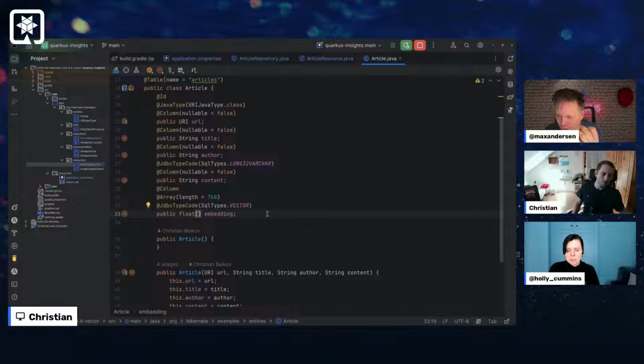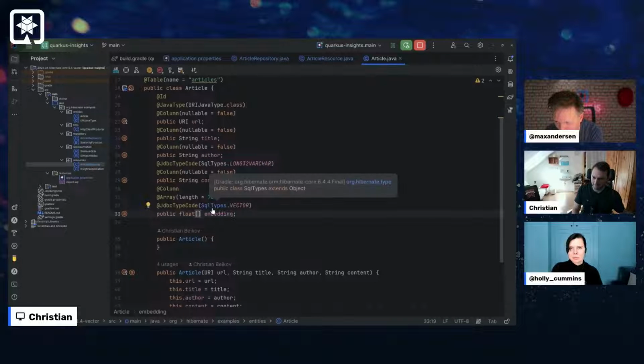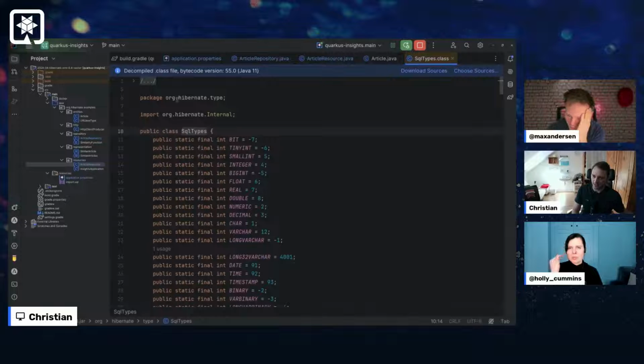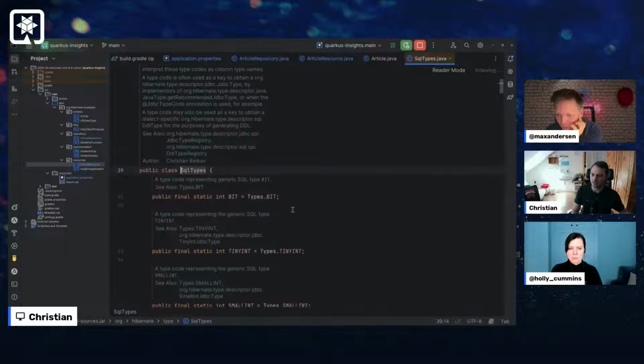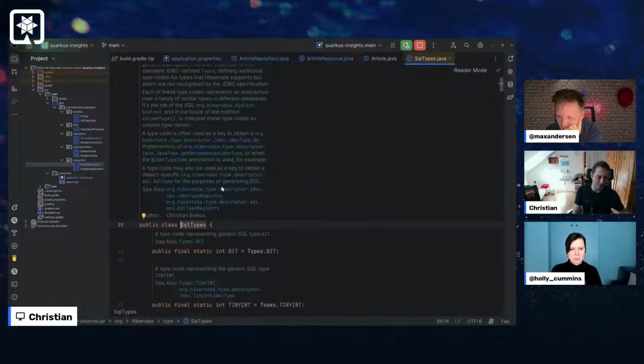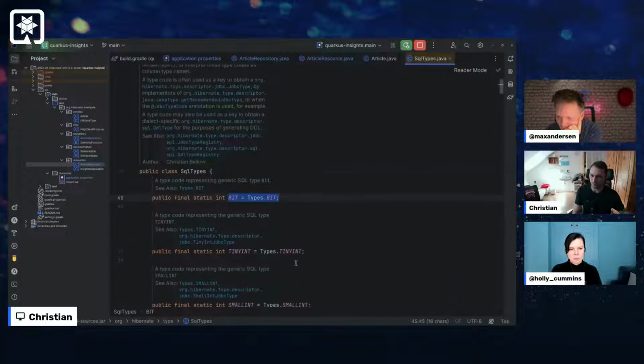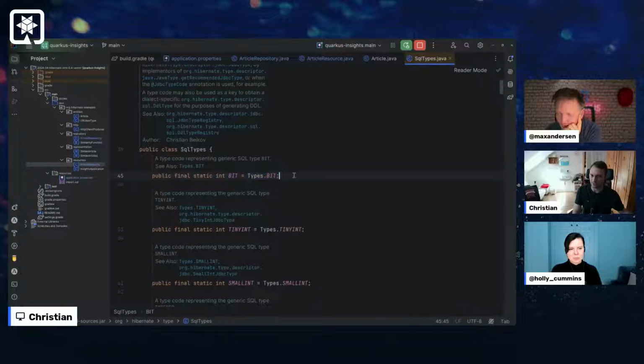I'm just curious. That SQL type is what type? The SQL type. Which package is that one in? Oh, Hibernate. Okay, got it. Org Hibernate type. So it's that Java SQL types class, which is like a class of constants. And so this is an extension to that. We even copied all of the existing constants, as you can see here,